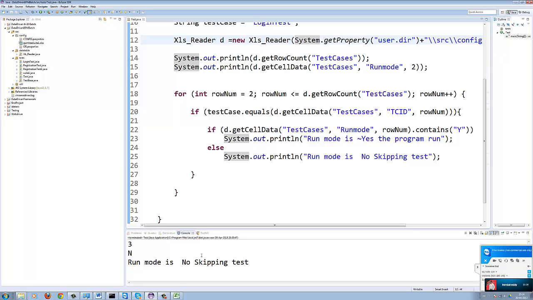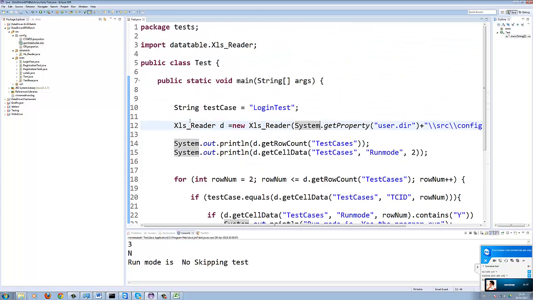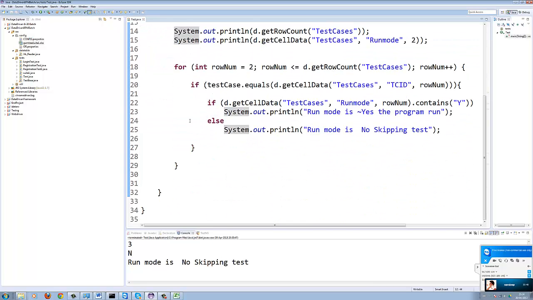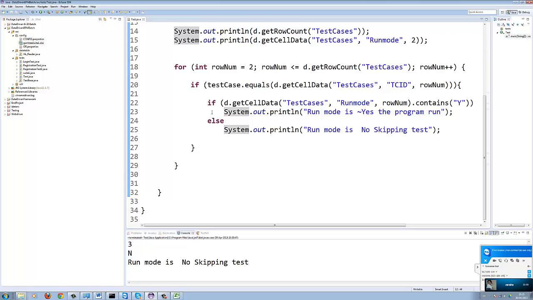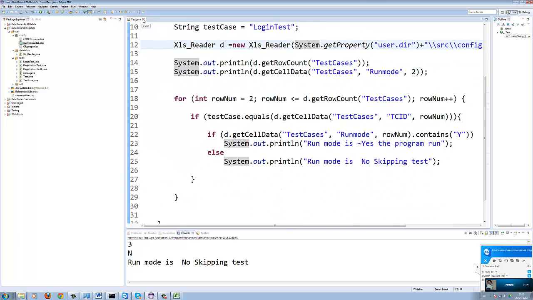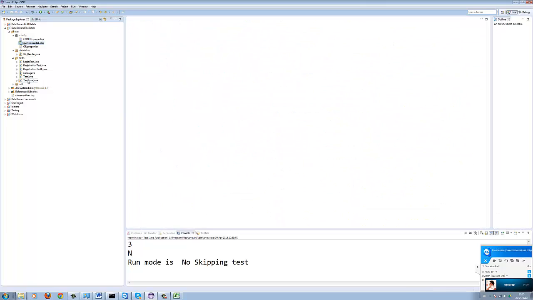To do that, first we need to open our test base class and do some initializations. This test class, whatever we made, is just our rough work. We are just seeing whether we are able to access the Gumtree Suite XLS file or not. We don't actually need it, but we just made it to do our rough work. Now I'll open my test base class,